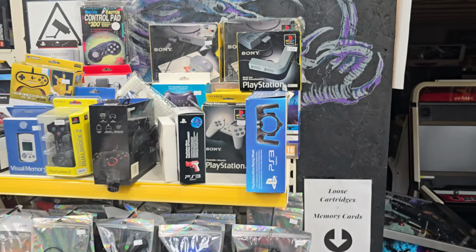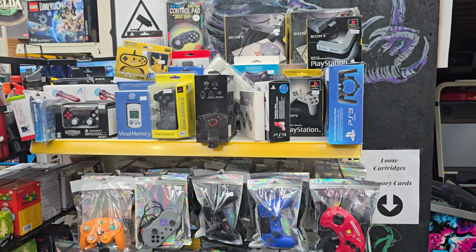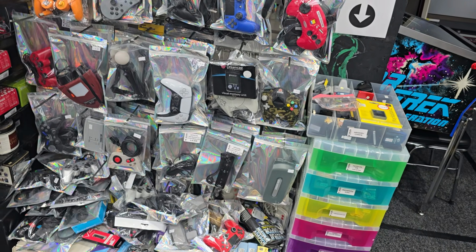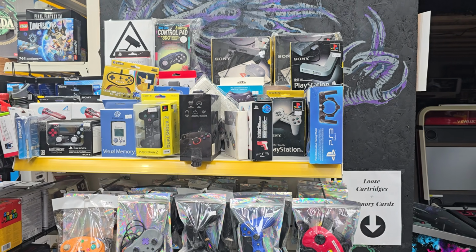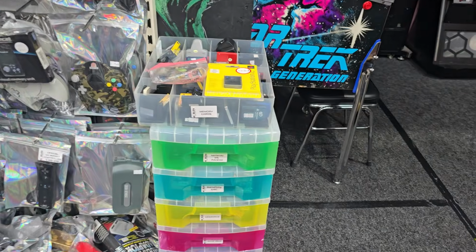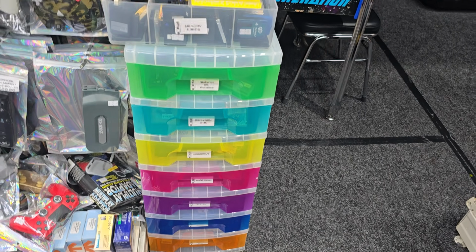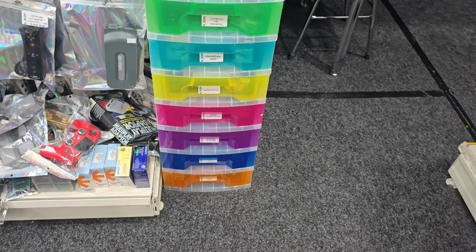Do this wall first. So I'm talking like I've got hundreds of space in the next unit, but we're going to expand and give a couple of bays to controllers because this isn't enough room. It's all kind of crammed in, but we've got controllers for most systems in here, so if you're ever in and you're looking for something, give us a shout, because we don't have it out, we might have it upstairs. So loads of controllers. This wee doodad here's got all our kind of loose carts for like Game Boy, DS, memory cards, Game Gear, Mega Drive, Master System, etc. Right, on to